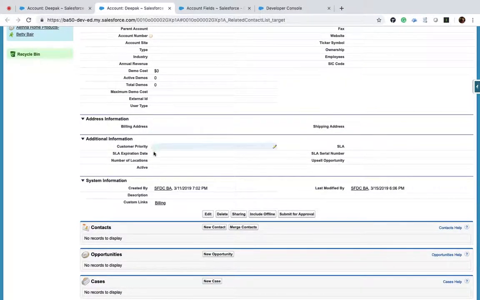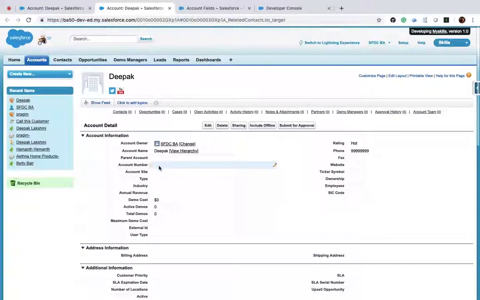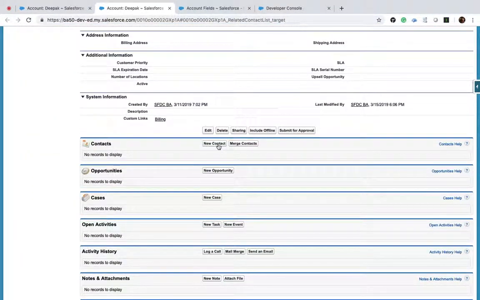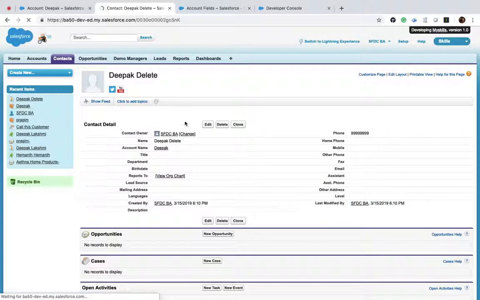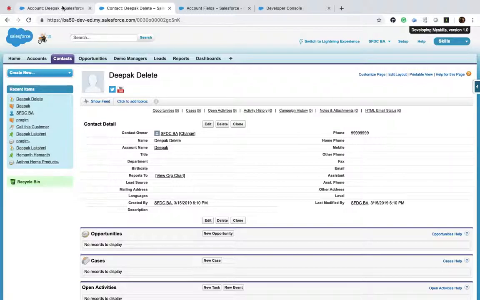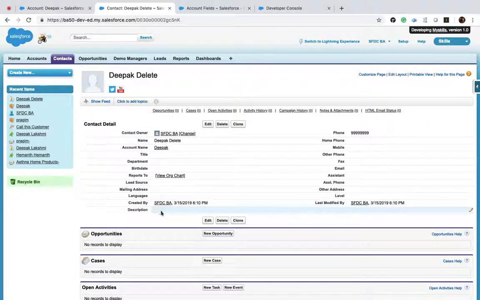Whenever an account is getting deleted, I need to update my contact description. Again, this is for the account only. Test, Deepak, delete. So this is my contact, right? Whenever I'm deleting my account, I need to update my contact saying that, hey, your account Deepak has been deleted